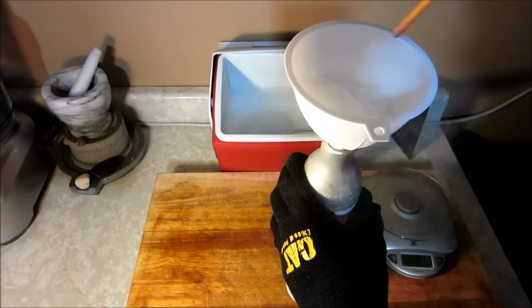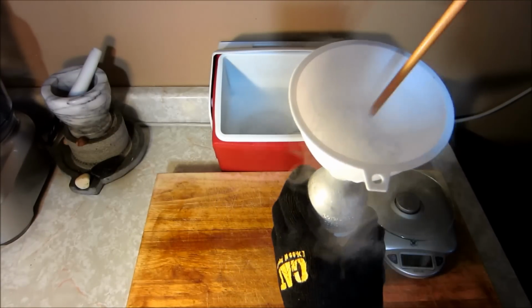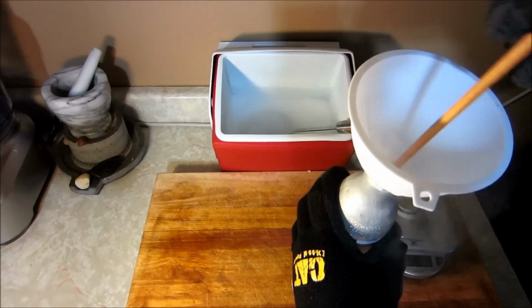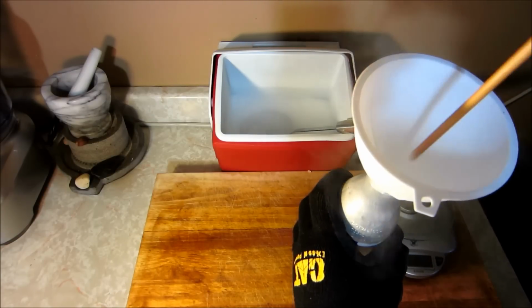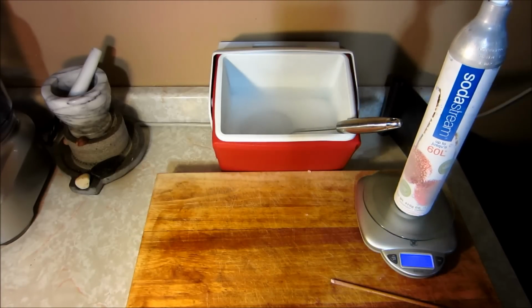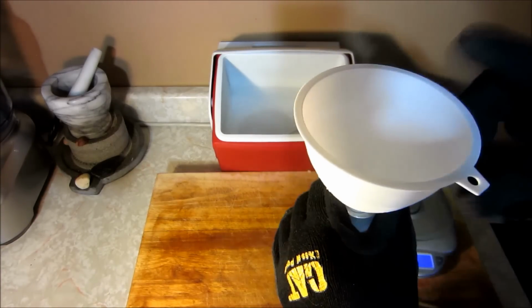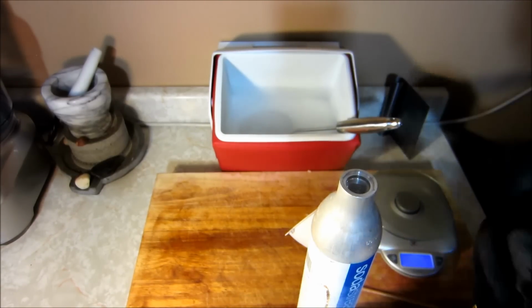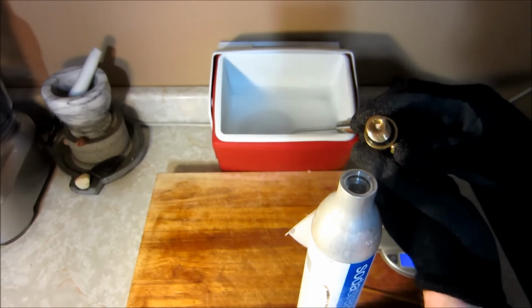Okay, so we're right at the end of our 410 grams, 14.5 ounces for the Americans, worth of pelletized dry ice into the container. Just going to do a final weight check. We're 404 grams, so we're just shy of that. That's fine. Take the funnel out, and we want to get the valve, again with that black rubber gasket,